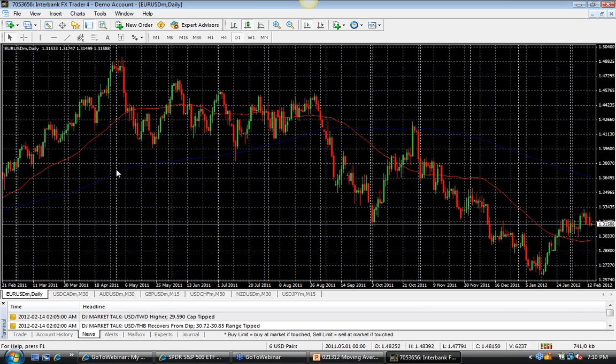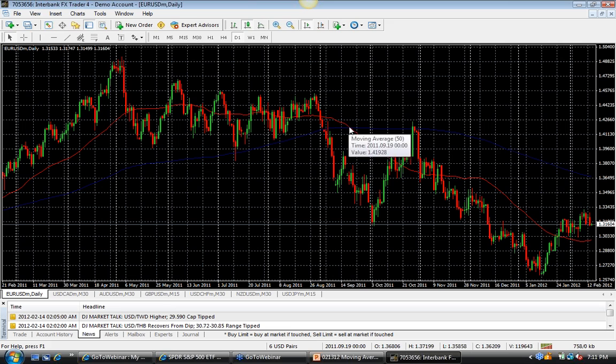Then I have the blue line, which you can see is a lot more smoothed out. Why is it smoothed out? Because it's taking more data into account. It's taking 200 periods of data into account. So I have a 50 period crossing over a 200 period. And when we have two moving averages that we draw, we always look to see when the one that has the smaller amount of periods, the moving average 50, as you can see right here, crosses over the 200 period, which is the blue line right here.